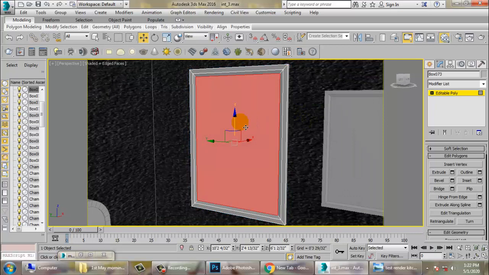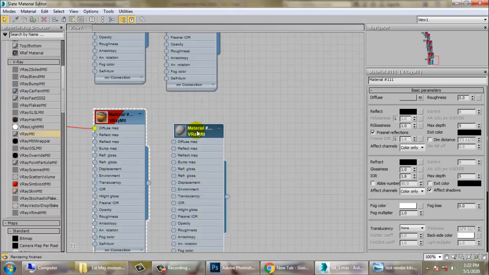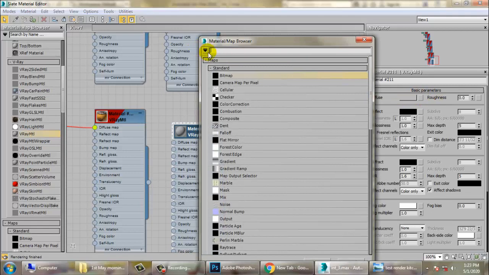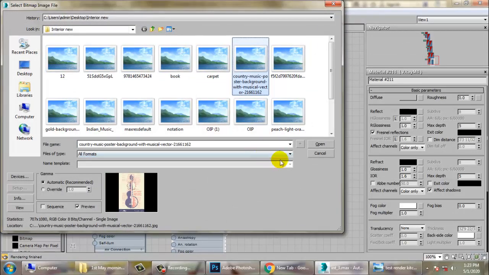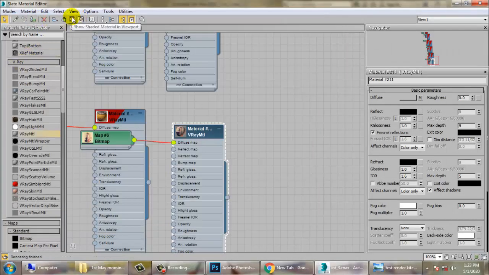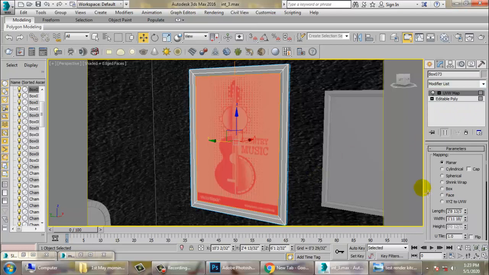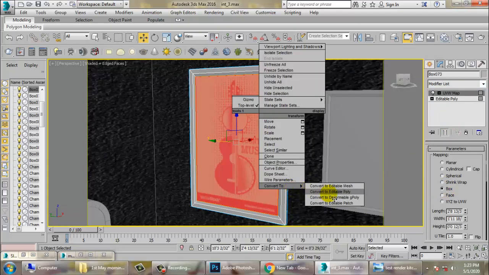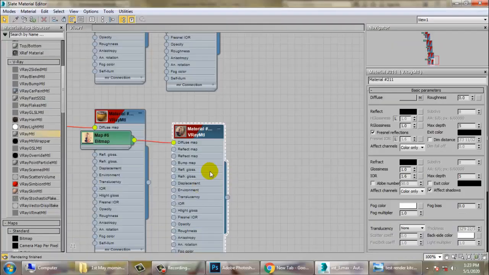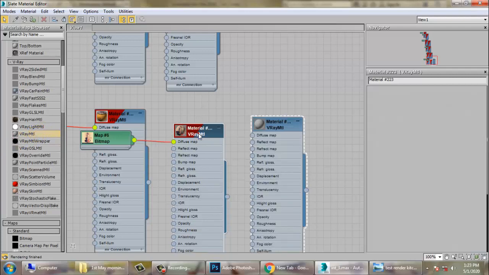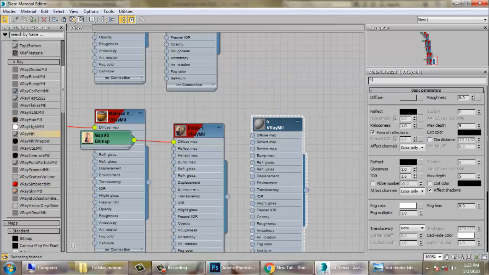So select this frame, let's go into material, bitmap, and let's give one texture to the frame over here, UVW map, and just fit it, convert to poly, Control I inverse, and let's give this name as frame 1, frame color,